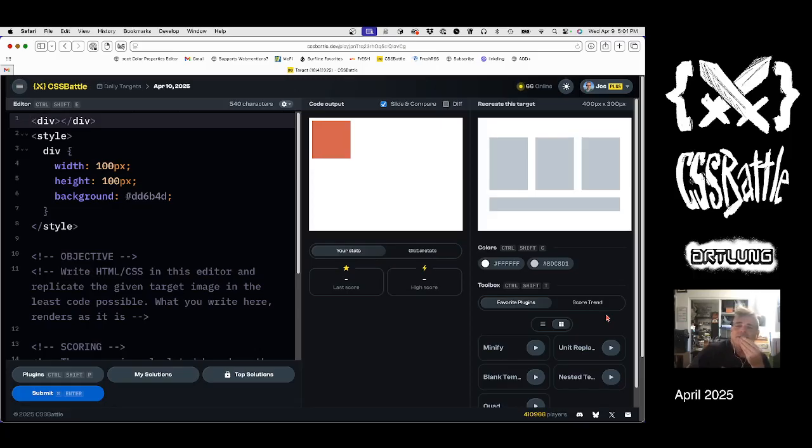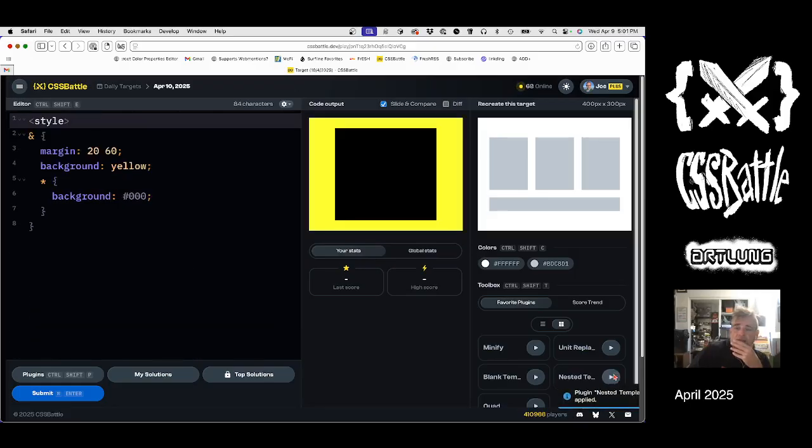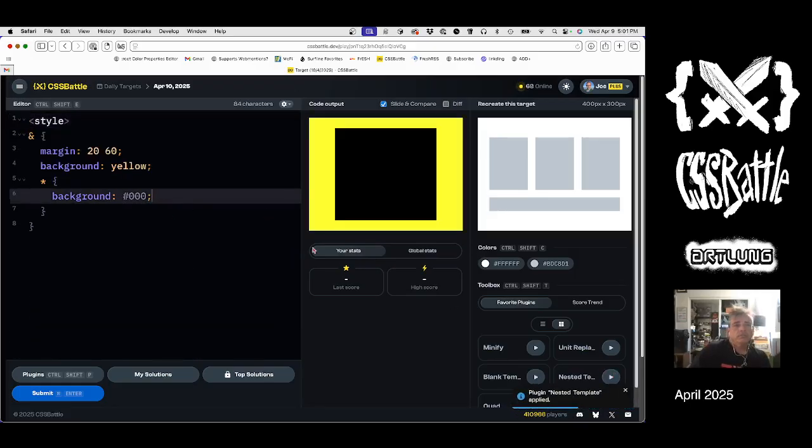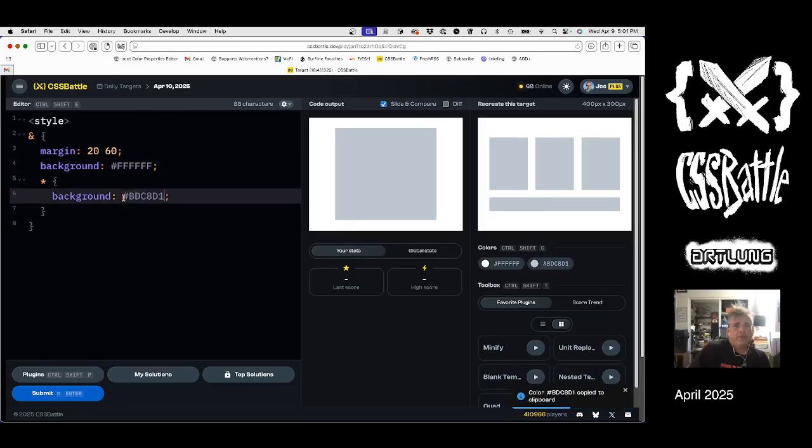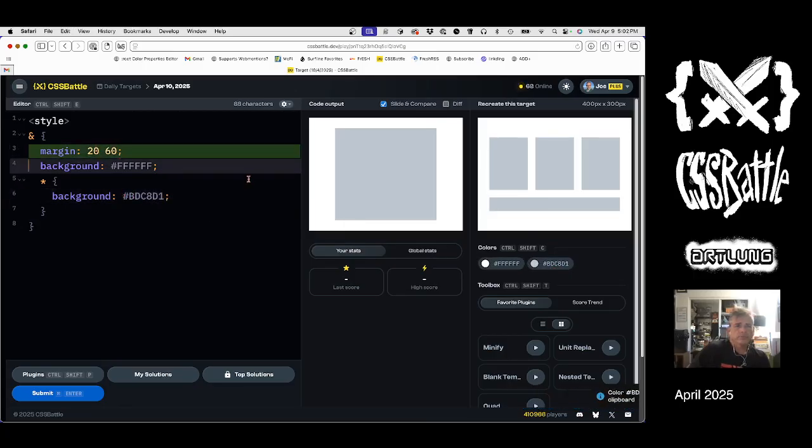Almost too simple, huh? All right, so how does one create this shape? I think we go nested template, add the background color here, add this background color temporarily,